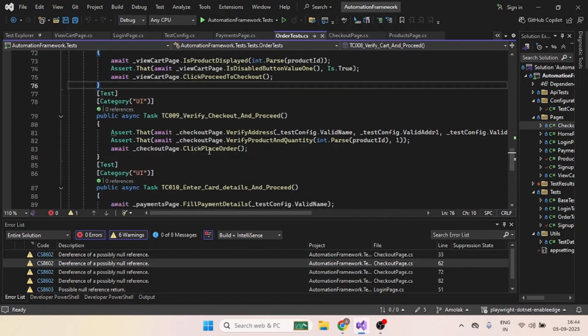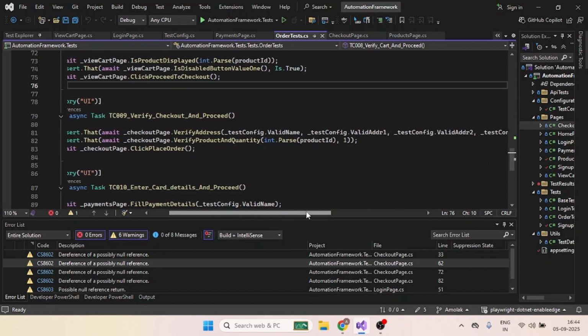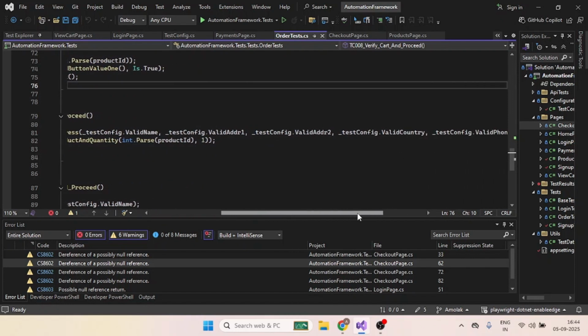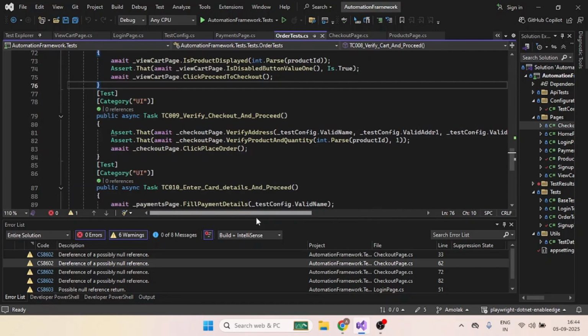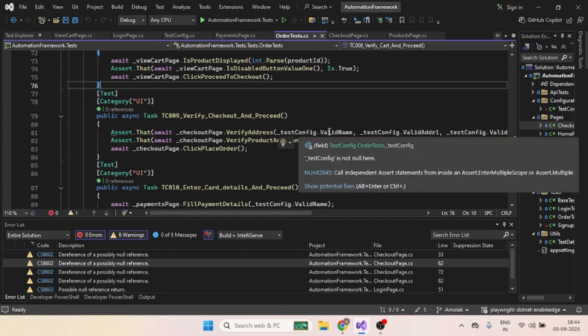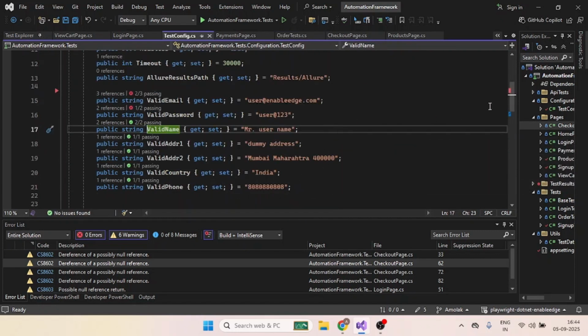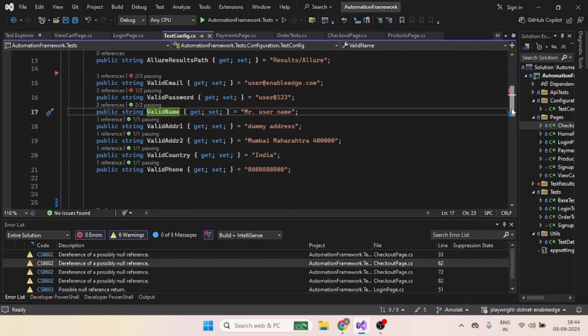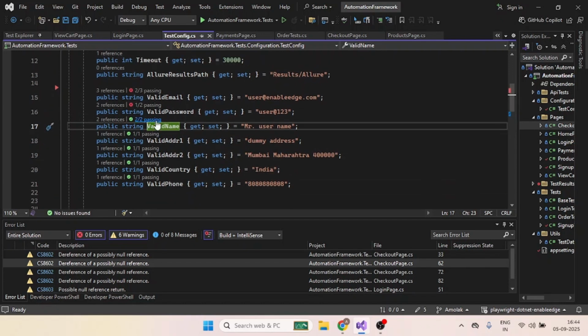So the next test case, verify checkout and proceed. In this function, we verify the address. We had already logged in using these credentials, and these credentials are entered. I can show you here. Here you can see we have declared these values inside these strings, and these strings were used while logging in, while signing up initially. And this is what we shall cross verify